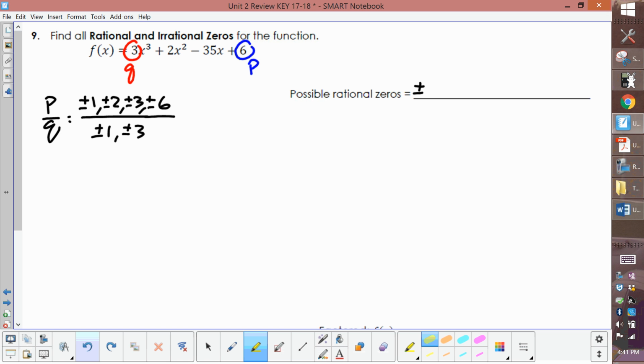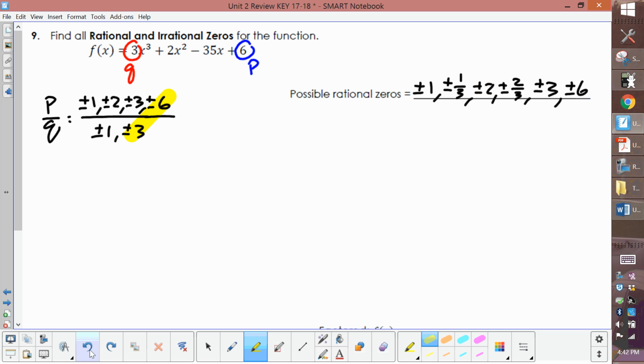So my potential zeros are plus or minus 1, plus or minus 1/3. Okay, and I'm just doing all the numbers that have a 1 in the numerator. I've got plus or minus 2, plus or minus 2/3. I've got plus or minus 3. And when I do 3 over 3 here, I'm not going to count this one because I know 3 divided by 3 is 1, and I already have that up here on my list. And then I'm going to do all the ones that lead with 6. So we got plus or minus 6, and I'm done. And also, 6 divided by 3 here is 2, and I already have that in my list as well,